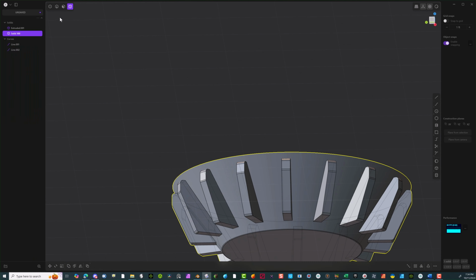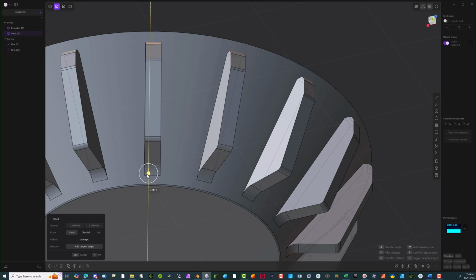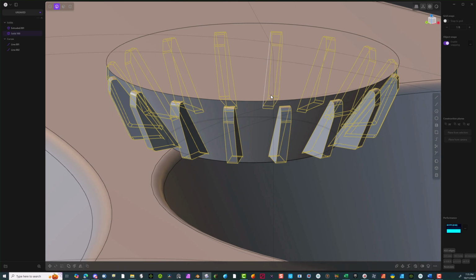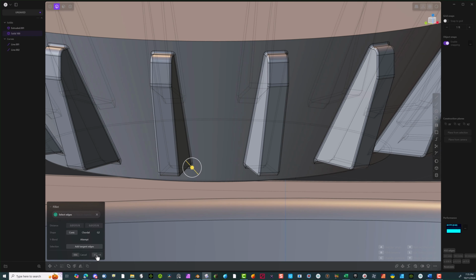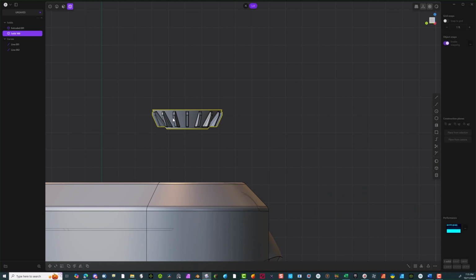Nice. I'll select these bottom pieces all the way around. All right, so keep going around. I'm going to fast forward this section here. This is redundant. All right, so now that I'm done with that, I'm going to go ahead now and take this object and